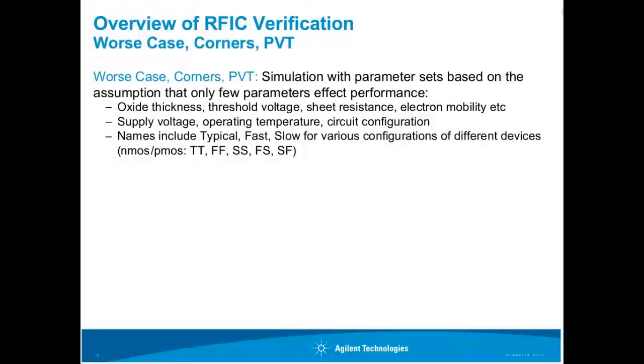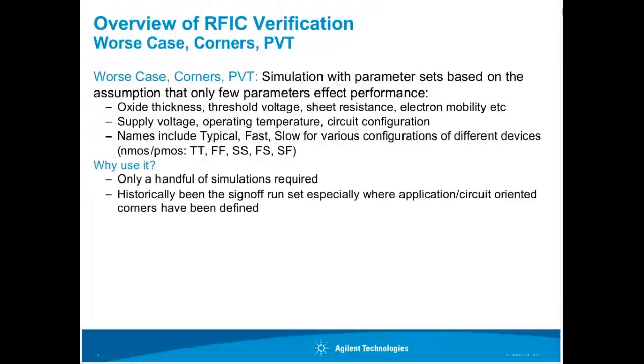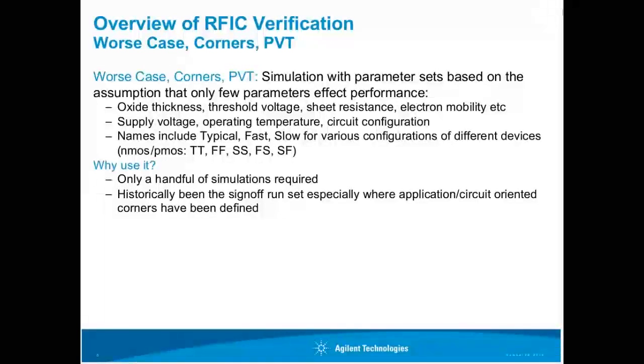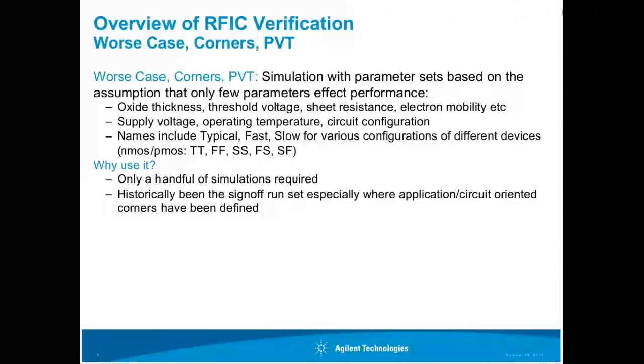If you search that model library, you would see nomenclature like TT, FF, SS, FS, and SF, which mean typical, fast, or slow for NMOS and PMOS, or any combination of that. Why do people use it? Well, you only need a handful of simulations to cover the parameter space. And historically, it has been the sign-off run set. Corner models are what people have used,